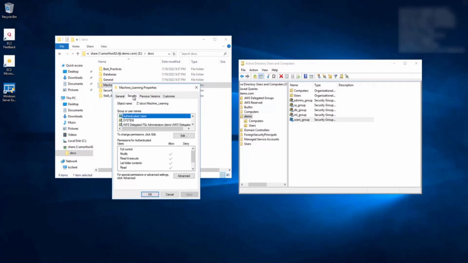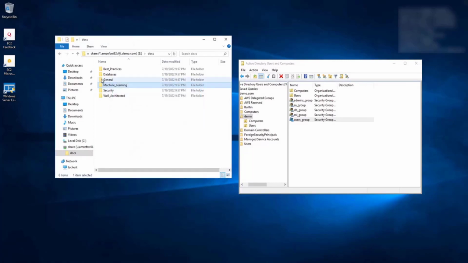So in this case, for the machine learning folder, only administrators and the machine learning software architect, solution architect groups are given access to this folder. Similarly, the best practices and general purpose folders are available for any authenticated users. The security and well architecture folder is available for the SA user as well as the database and machine learning users, and so